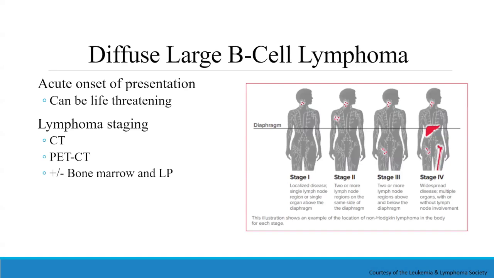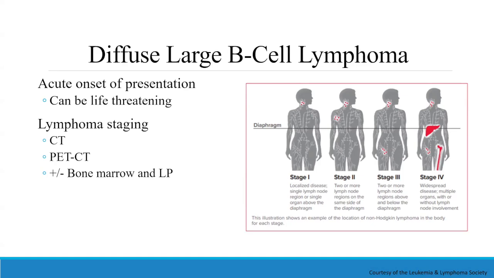Once we have a tissue diagnosis of diffuse large B-cell lymphoma, then we look at the staging process. Many of these patients already come to us with CTs, which is great. We will get a PET CT at baseline to look for microscopic disease, and then that allows us to also check halfway through therapy to ensure that they're responding, and then at the end of treatment. Bone marrows are not necessarily routinely done anymore. PETs are very good. There are obviously your own specific cases where we may require a bone marrow at the time of diagnosis. And similarly, lumbar punctures are not routinely done unless we think the patient has a higher risk for CNS disease.